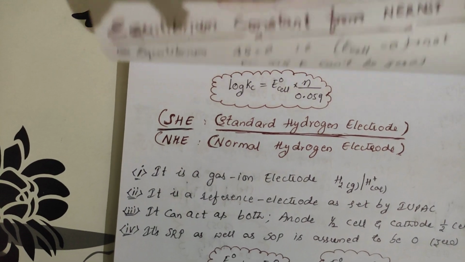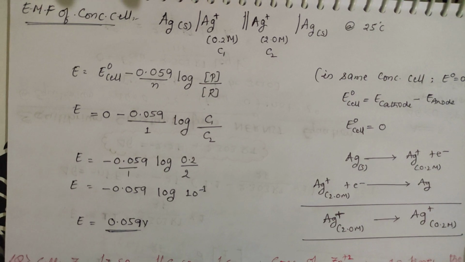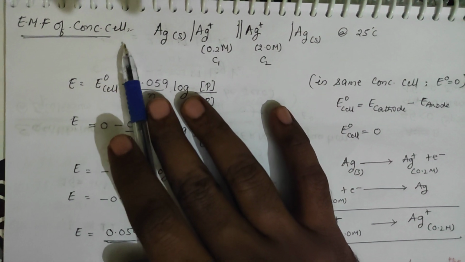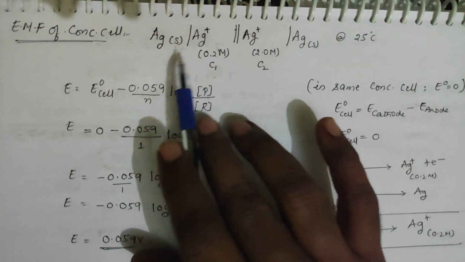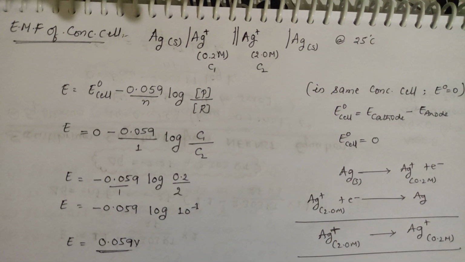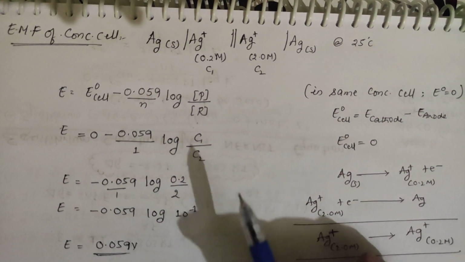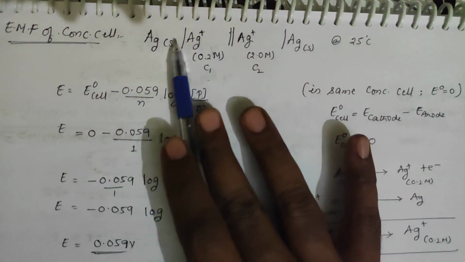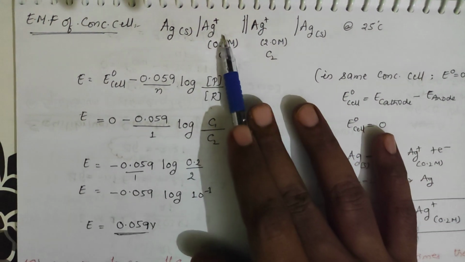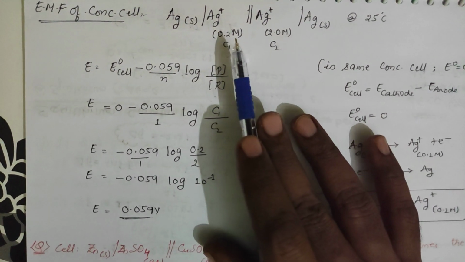Let me take 2 more questions so that the entire content with respect to electrode potential is finished. So, the EMF of the concentration cell. See, up to now we have taken different electrodes: one electrode is the cathode and the other is the anode, where the anode and cathode are different. But in this case, I am taking both electrodes as the same, but the concentration is changing. Ag plus in the oxidation state is getting converted to 0. It is only at a concentration of 0.2 molar.